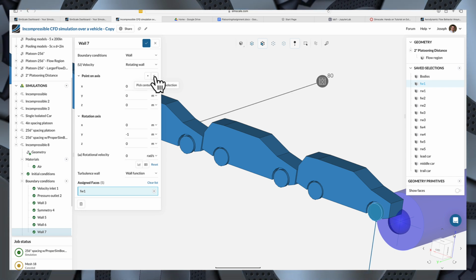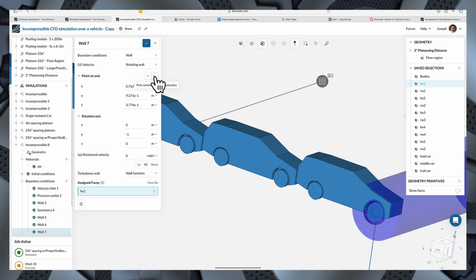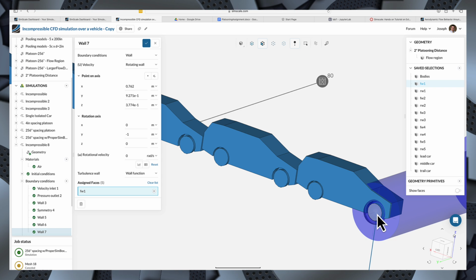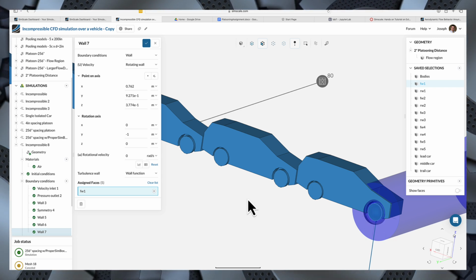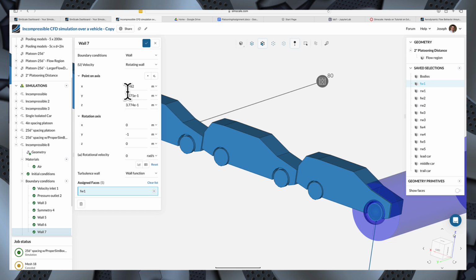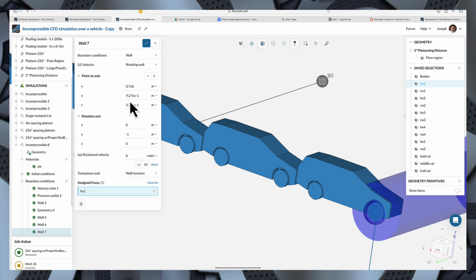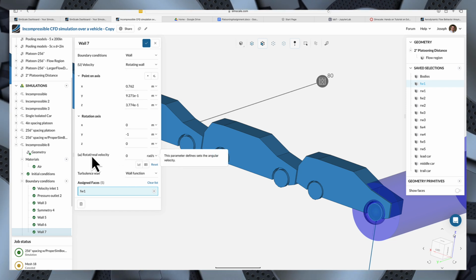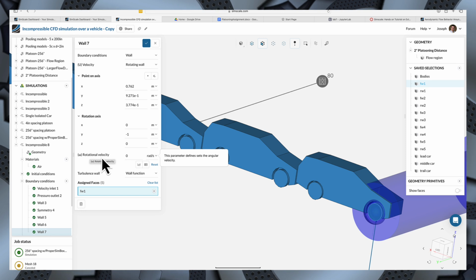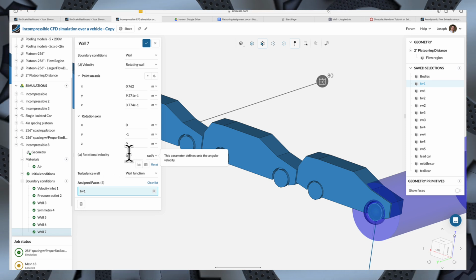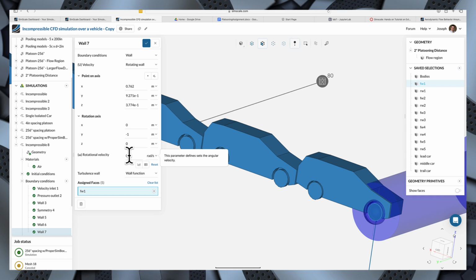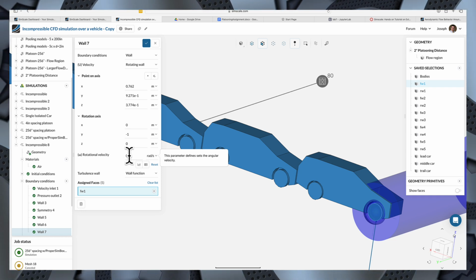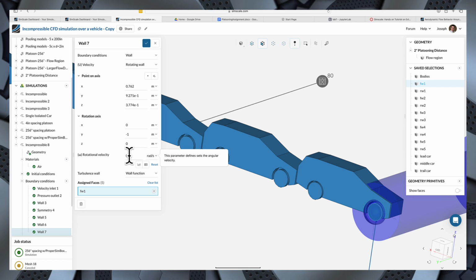So if I click this button, boop, it's going to move that arrow over to the center of the circle that defines the wheel. So then I don't actually have to type any of these crazy numbers in there. Okay, got it? And then the last thing you've got to figure out is the rotational velocity here. This actually requires a little bit of paperwork on your end. Basically, what you have to know here is that we've got a 15-inch wheel,